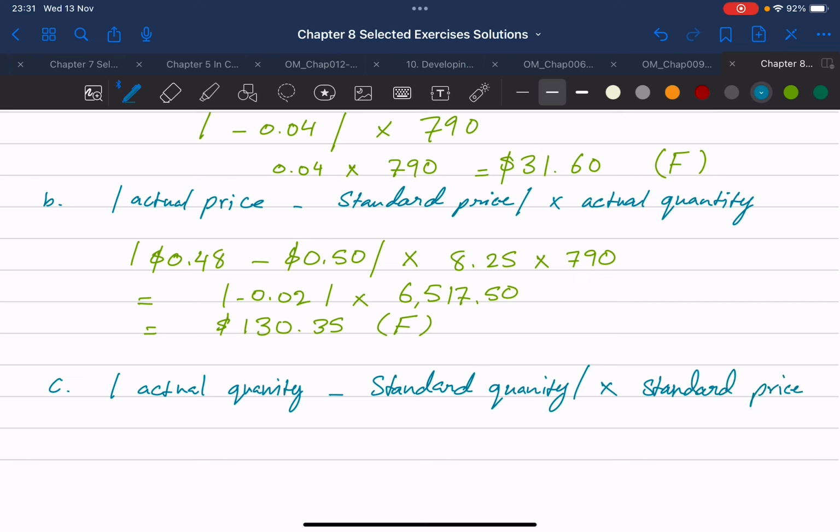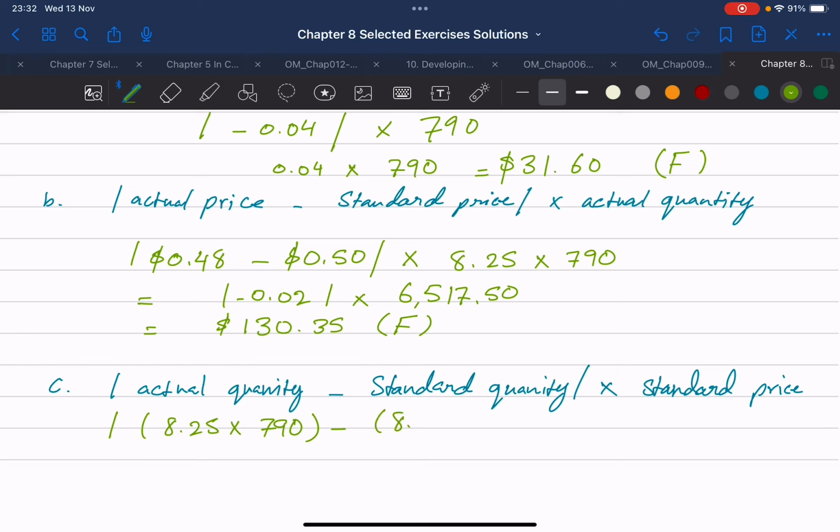Remember, you need to memorize these 3 formulas, and it will make your life a lot easier. Okay, what was the actual quantity? It was 8.25 roses multiplied by the number of arrangements that Monique sold, which is 790 arrangements, minus the standard number of